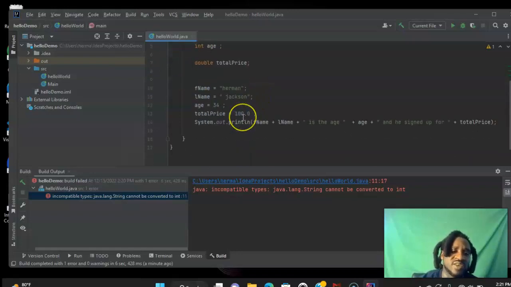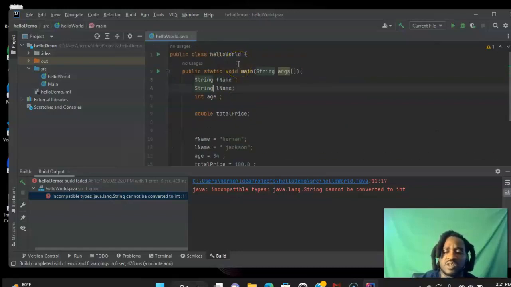But this is how you initialize your data types, by naming them at the front: integer, string, double, character, float. You gotta be specific. I'm not gonna go too in depth or stay too long on the subject, but if you want to know more, I advise you to go